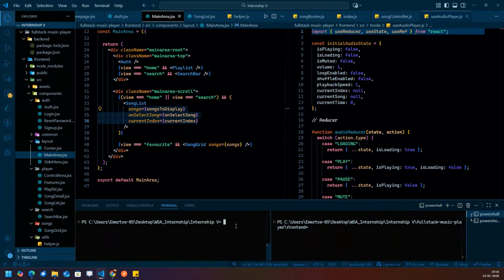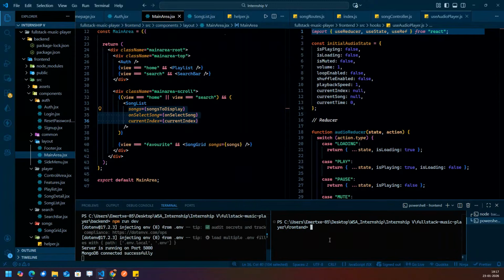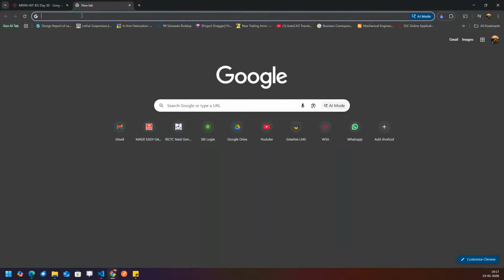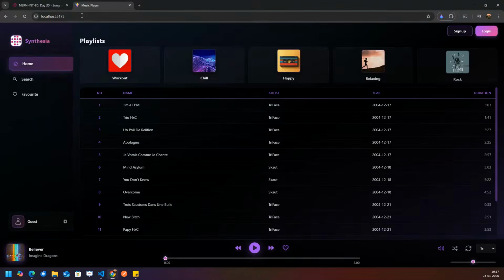First of all, I will write cd full stack application, fine, and then backend. So npm run development, which is dev, and front end will be npm run dev, localhost 5173 over here, and MongoDB connected. Correct. So if we go and check whether localhost 5173 is running or not, we can see now